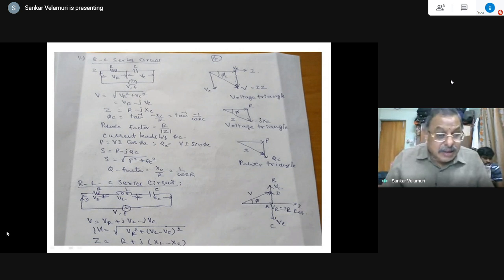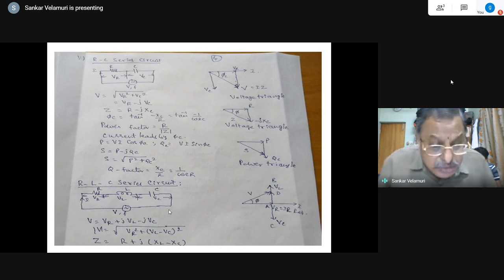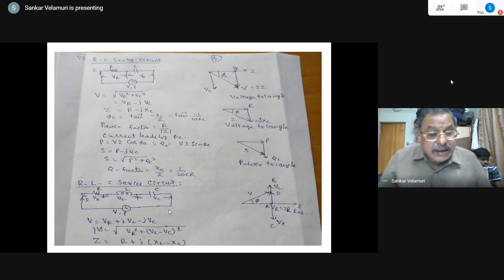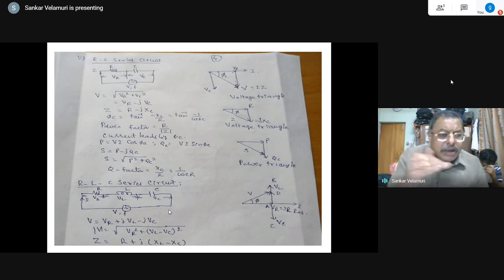Then in that case, it will be R plus j XC minus XL, so the power factor of the circuit will be leading. And there may be a third case, which is the most powerful option. All three are very useful: XL minus XC equal to 0. It is possible that the net reactance is 0, and the condition of resonance arises. Resonance itself is a separate topic which I am going to explain in tomorrow's lecture, series resonance, parallel resonance and other things. But up to the series circuit point of view, we will mention it.